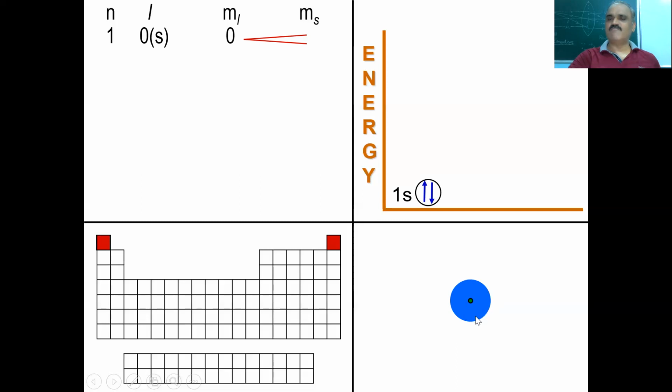This is a wave mechanical model. Two waves are there. The spin of one electron is clockwise, the other is anti-clockwise. The model will remain the same. Now,